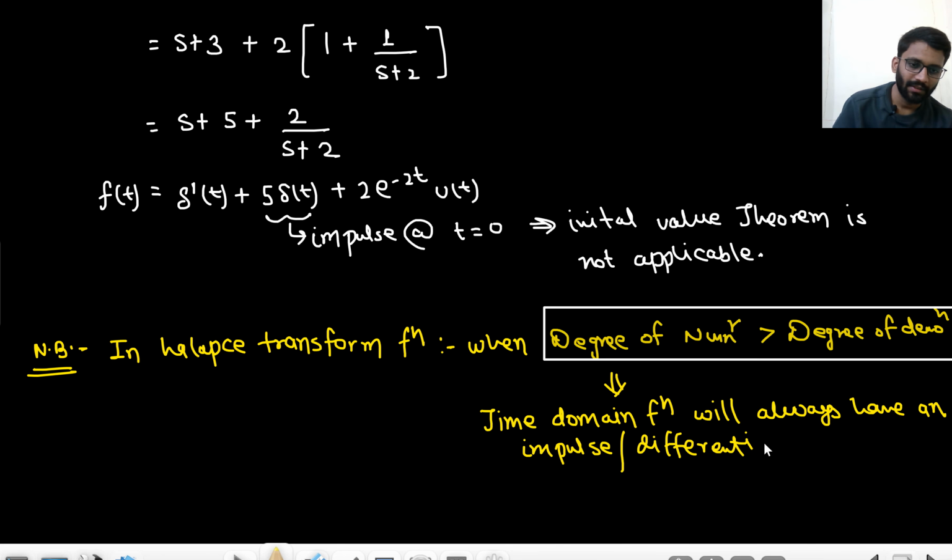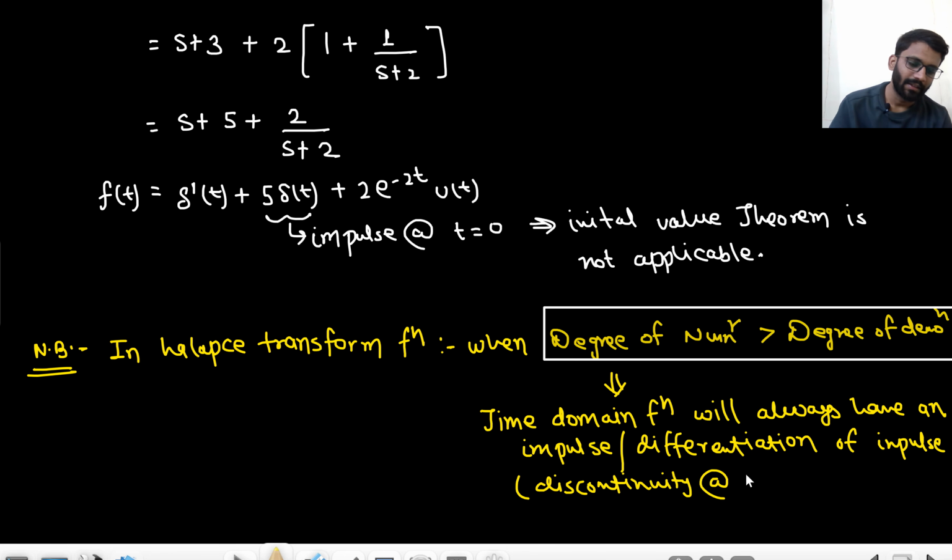Differentiation of impulse. That is a discontinuity at t equals 0. So for applying the initial value theorem,